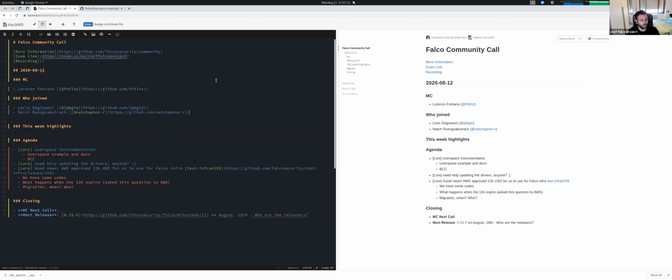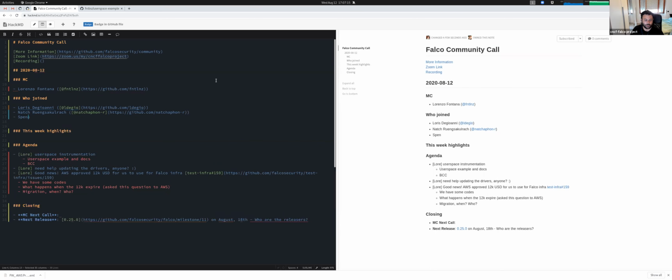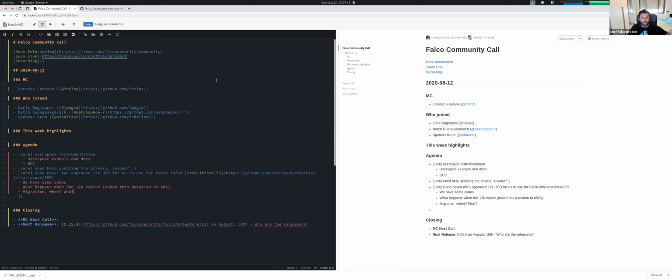I am doing some work around Userspace. If there's someone who doesn't know, Userspace instrumentation for Falco has been added in Falco 0.24.0. Specifically, it is the -u flag that we added to Falco. If you start Falco with the -u flag, it will not look for the kernel module or the BPF probe, but it will just start and read the memory area from where it can get events. This is just a very basic highlight.